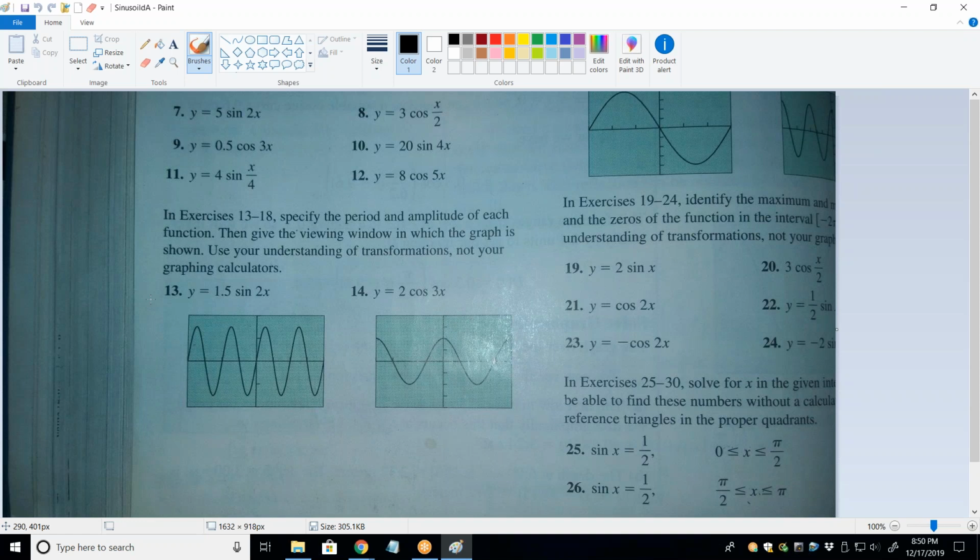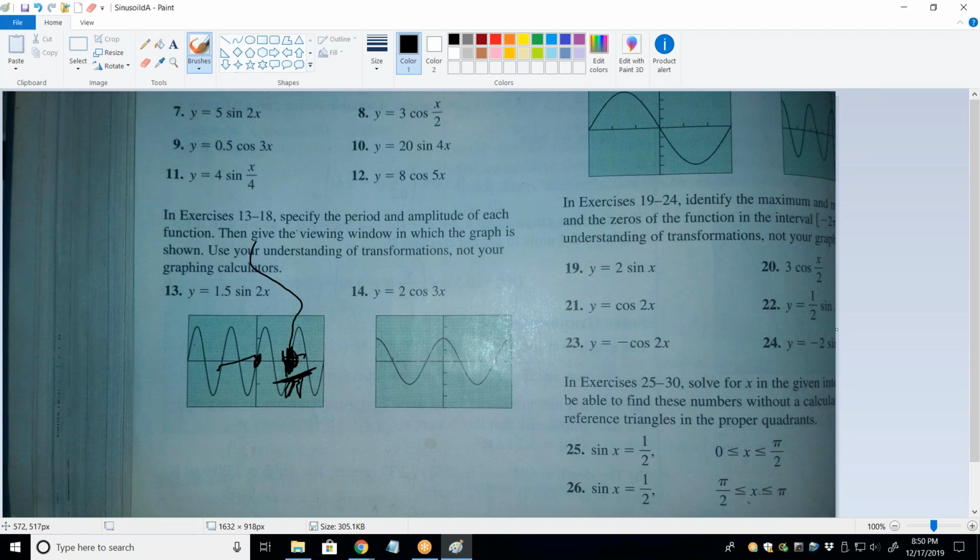Correct. And what that means is that this point right here is at pi, because that's where the function starts over again. It starts there, restarts right there. And since we know by our calculation that the period has to be pi, that's where pi falls on that curve. Notice they didn't label the x-axis. They didn't do it on purpose. Okay, on number 14,